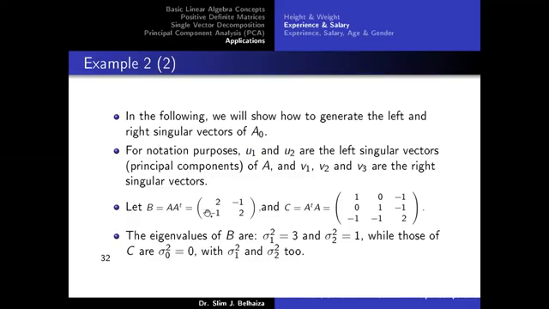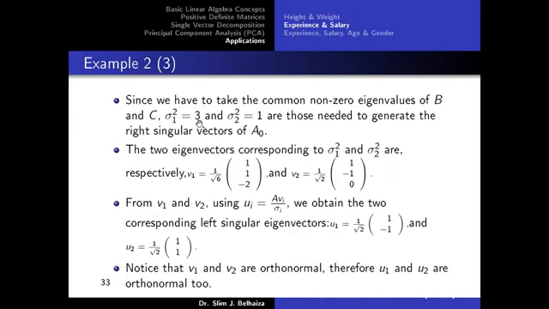Okay? The eigenvectors of B are going to be acting as our left singular vectors of A. The eigenvectors of C are going to be acting as the right singular vectors of A. Okay? So I'll move on. Now, since we obtained the singular values, I can obtain the eigenvectors of C, first of all,